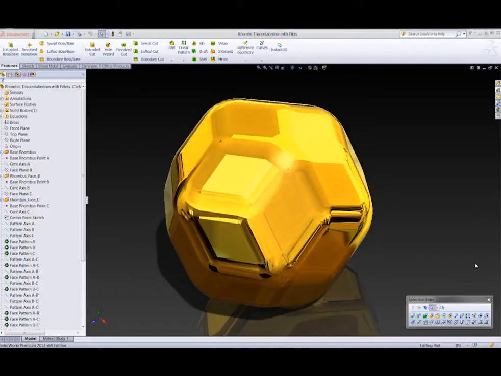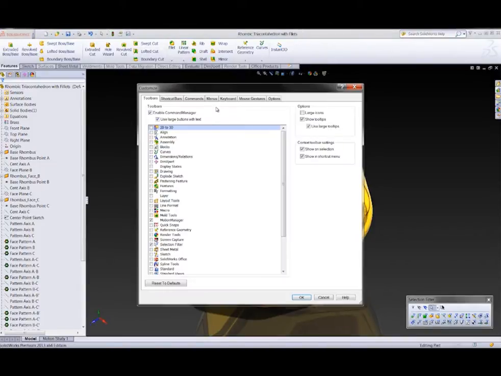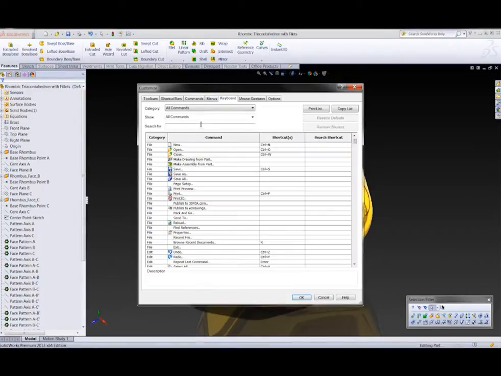One of the handiest things we've found to do with the Invert Select tool is to assign it to a keyboard shortcut so it's accessible all the time, no matter what you're doing within SolidWorks. Up under the Options pull-down, we'll choose Customize. Let's choose the Keyboard tab, and we can do a search for